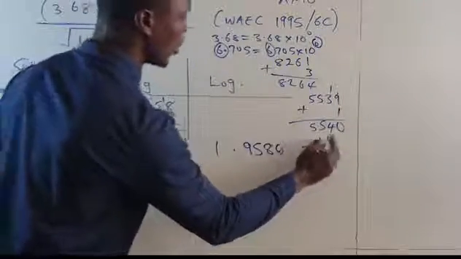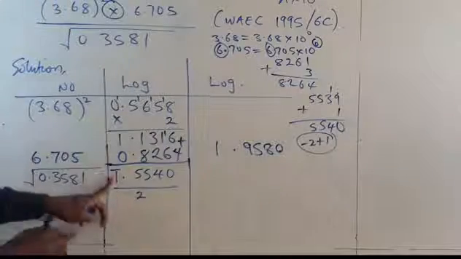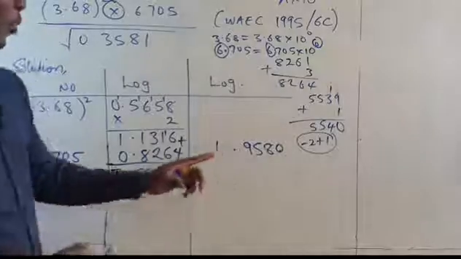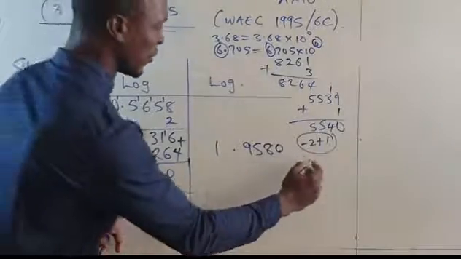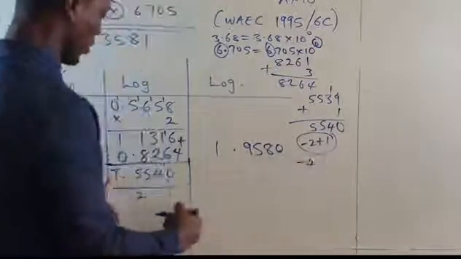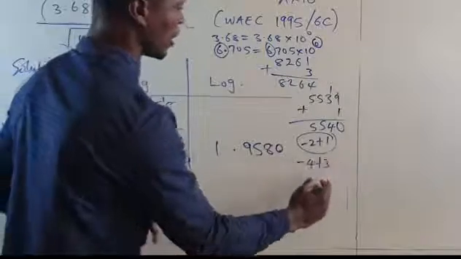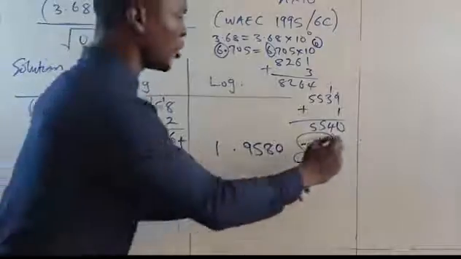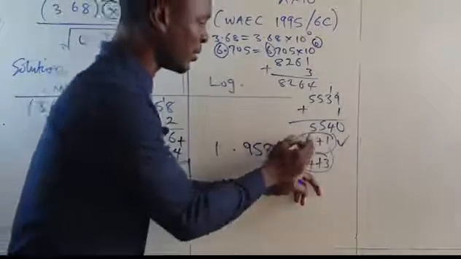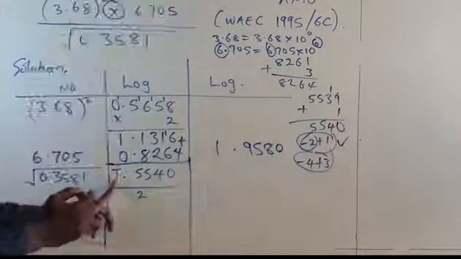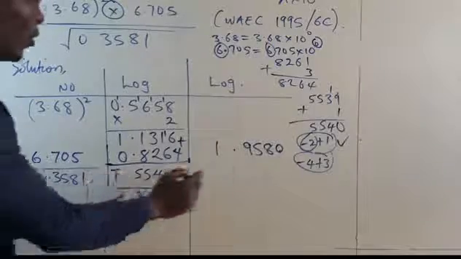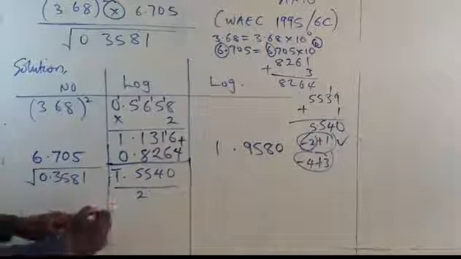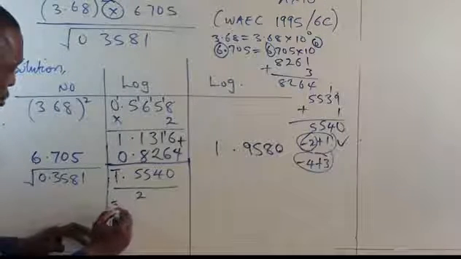So minus 2 plus 1 will give us minus 1, which is bar 1. We still have another multiple of 2, which is minus 4. Then minus 4 plus 3 also gives us minus 1. But we are going for the one that is closer, that is, minus 2 is closer to minus 1. That's why we are going for minus 2 plus 1 instead of minus 4 plus 3. So we have minus 2 plus